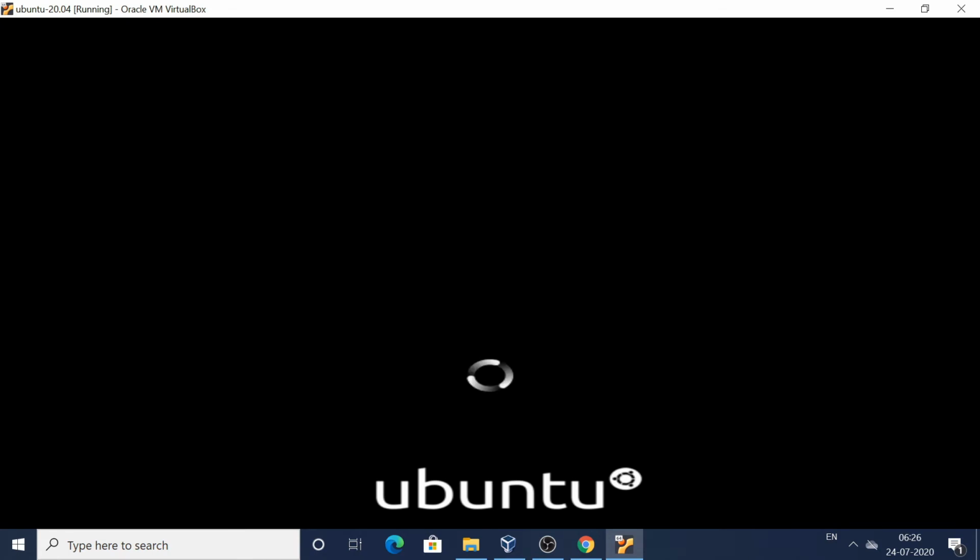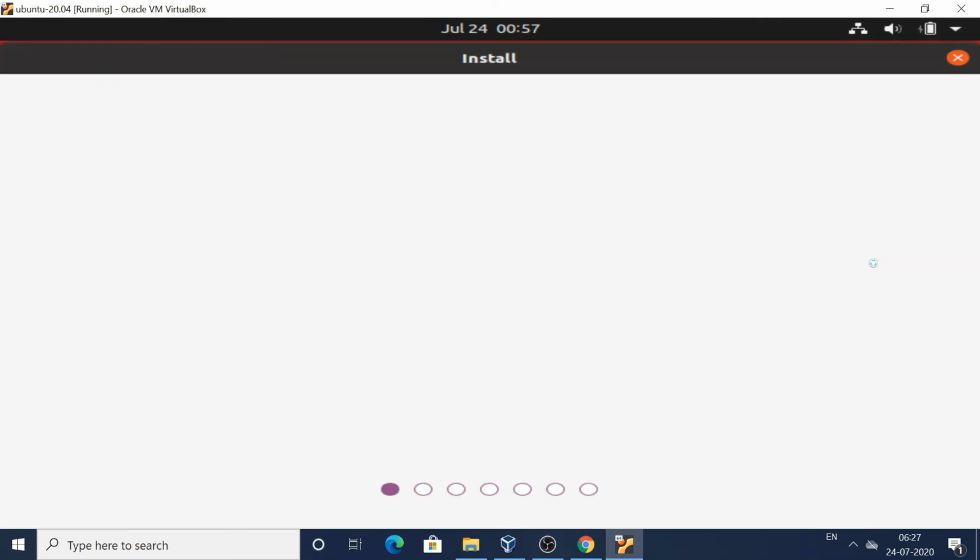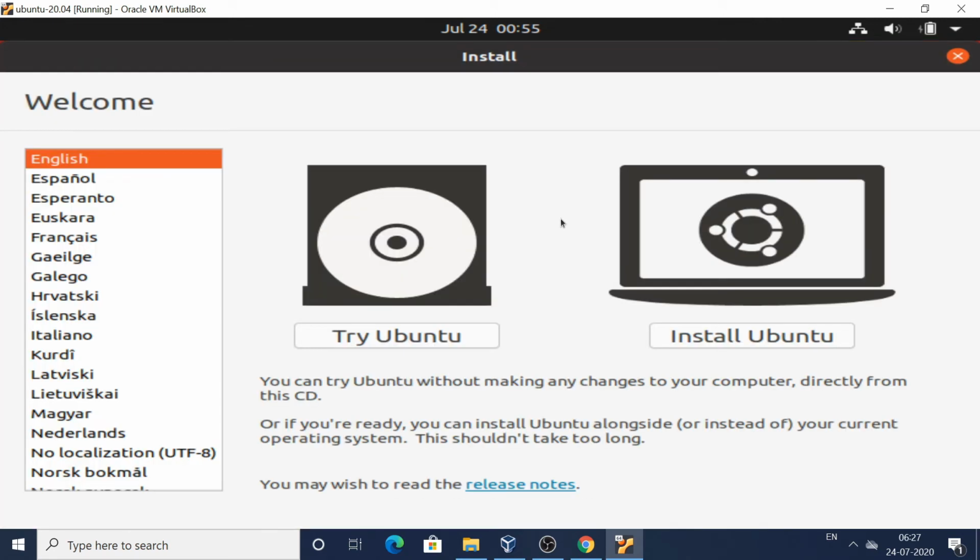No errors were found on the disk. Now Ubuntu shows us two options: you can try Ubuntu without installing it on the hard disk, or you can directly install Ubuntu on the virtual machine. We will opt for install Ubuntu.